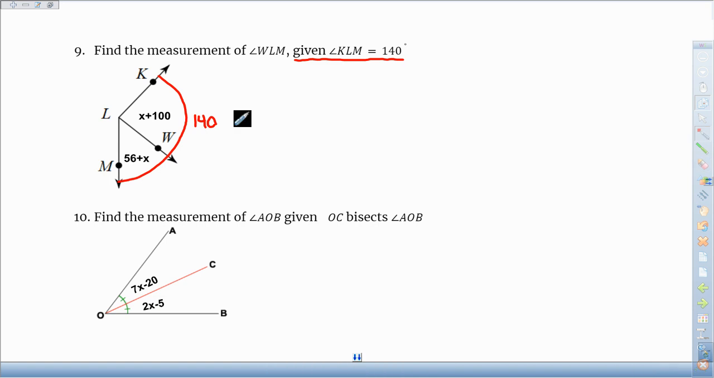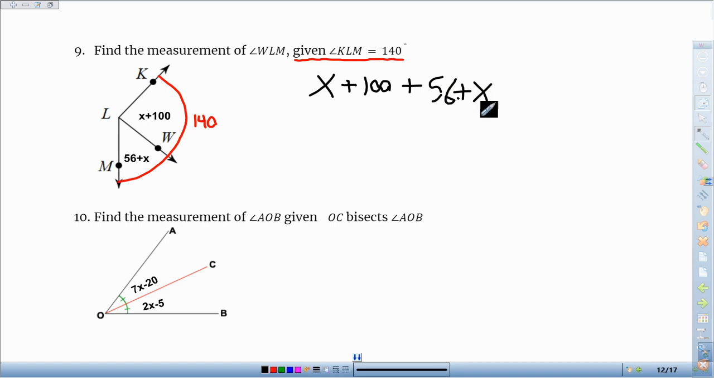Really, we wouldn't need the degrees. And from here, we can make our equation. We know that x plus 100 plus 56 plus x equals the entire angle 140. I'm going to let you solve this problem. Here's the big thing to look out for. After you figure out what x equals, you're not done, because this problem wants you to find the measure of angle